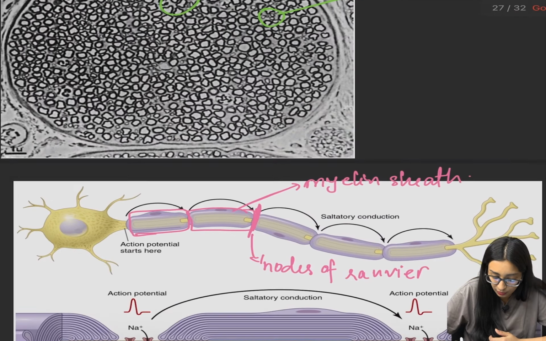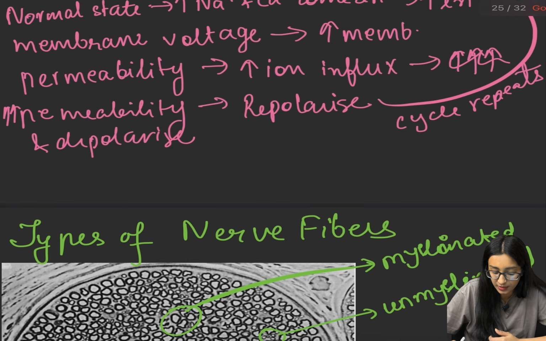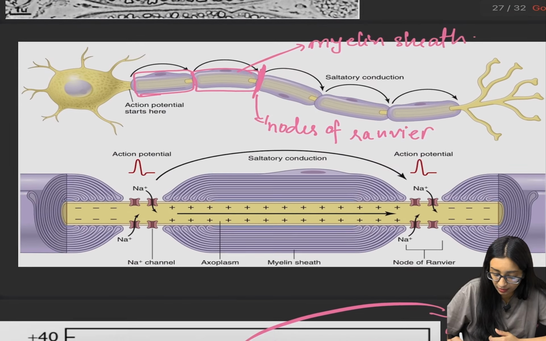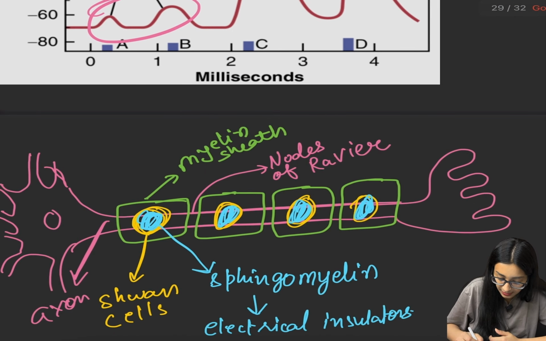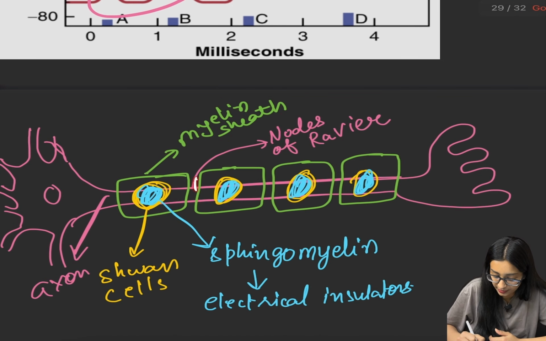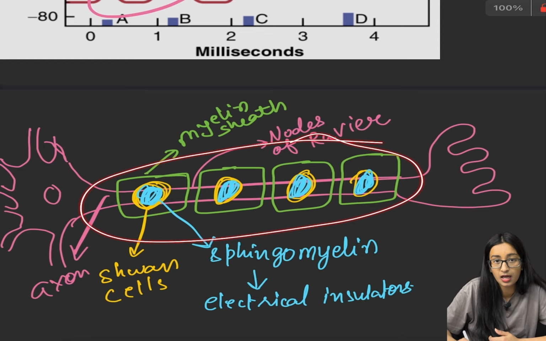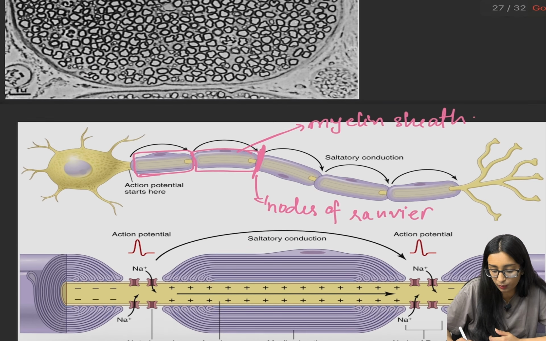So in conclusion, we have two types of nerves, the myelinated and unmyelinated nerves. Here is the diagram for the nerves. Over here we have the myelin sheath, and the nodes of Ranvier are present. There is sphingomyelin in the Schwann cells, which are the electrical insulators, and these are present over the axons, and the electrical impulse runs much faster in the